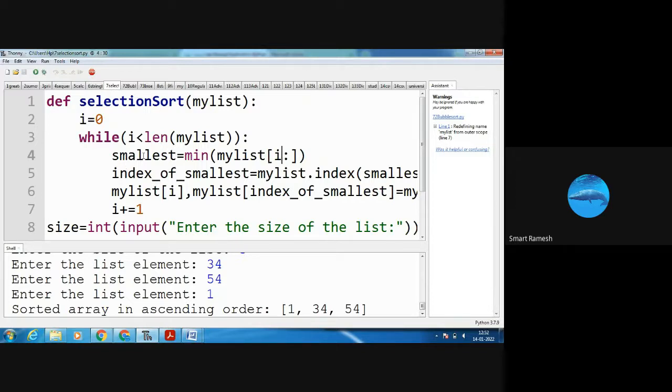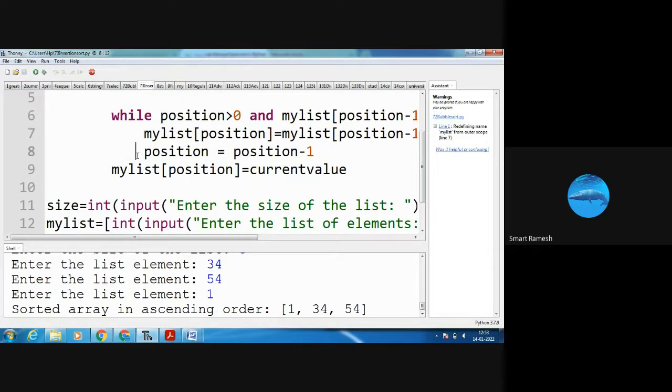Then I need to place that smallest number. I compare the smallest number and swap it into the first position. Next time, like that. That is the selection sort.